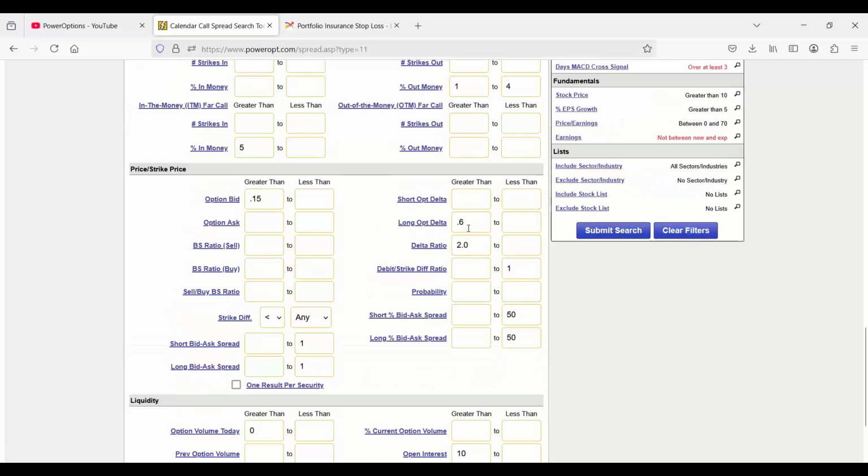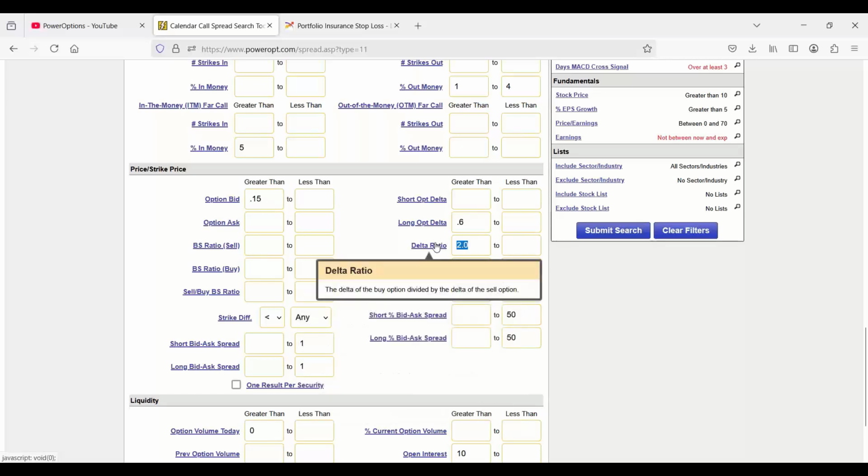Now, this is going to be important. I am buying a call 2 to 3 months out to sort of simulate stock ownership. Not buying the stock. I'm buying an option, but I want it to be in the money. I've forced it to already be 5% in the money, but I'm going to want this delta to be at least 0.6 or more of the option that I'm buying. Now, I want my delta ratio to be greater than 2. Why is this important? This is the delta of the buy option divided by the delta of the sell option, meaning if the stock does go in my direction, I want the call that I bought to see twice as much gain as the call that I sold,